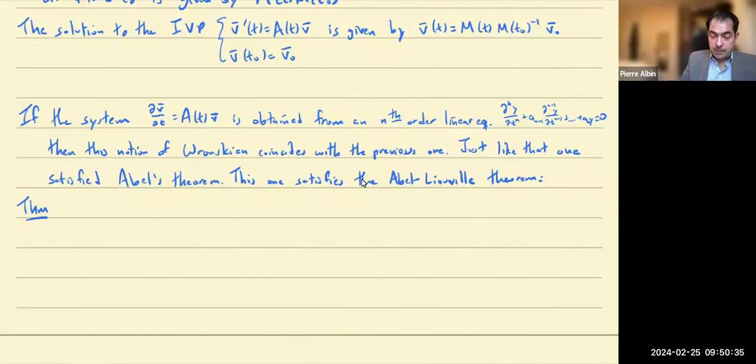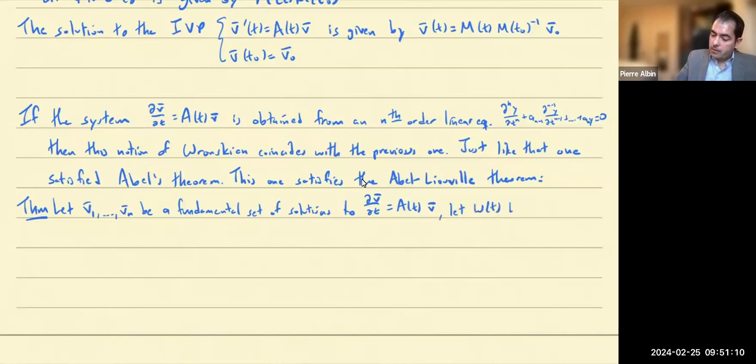So the theorem says that if you have v1 to vn a fundamental set of solutions to the linear equation dv/dt equals A of t v, W of t is their Wronskian, and the trace of the matrix A is defined to be the sum of the elements on its diagonal,